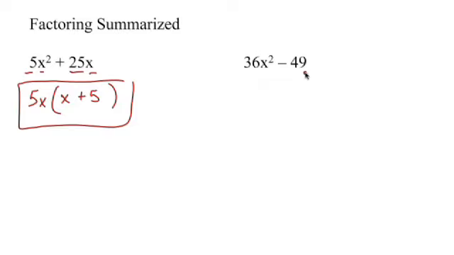The second rule, when you look at a problem and there isn't anything common here, you then count how many terms are in the problem. This is a binomial. We have 3 different situations to look at for binomials. This is the one that carries over from elementary algebra. You notice the difference, and then hopefully these two numbers stand out, the 36 and the 49. Those are what we call perfect squares.